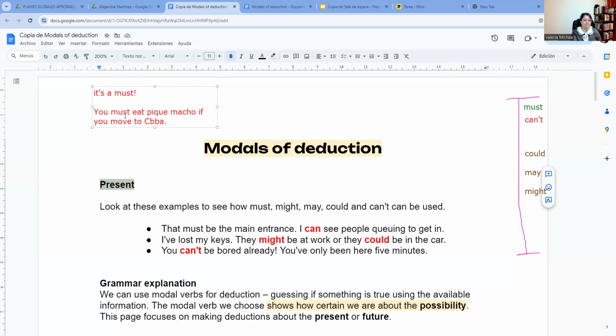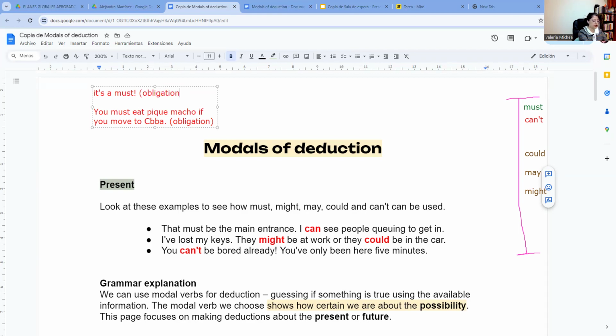So when I'm using must here, I'm not talking about deduction. I'm not talking about possibility. I am talking about an obligation. That's also the deal with modal verbs. Depending on the context that you are using them, they have different meanings. In this case, for example, it's a must. It's also talking about obligation,